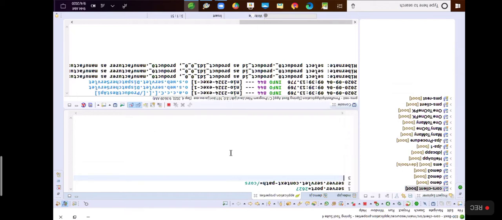That is one way. Otherwise, if you want to add CORS support for all endpoints of your REST controller, then you can add the annotation at REST controller class level.